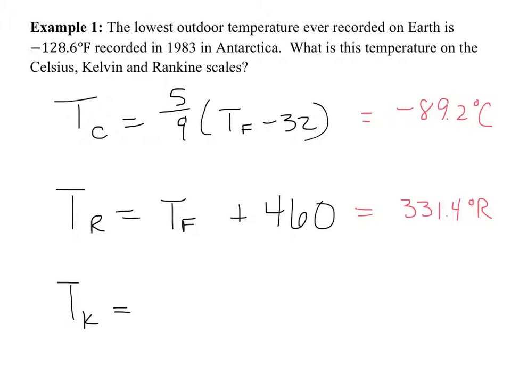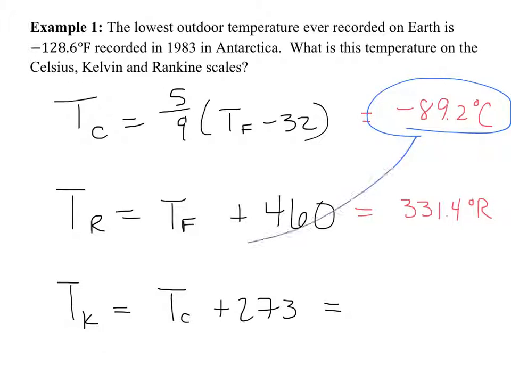How would I get the Kelvin scale? Celsius plus 273. Use the Celsius answer you got, plus 273. 183.7, or 0.8. Okay, so we're not even really close to absolute zero still. We're really still pretty far away. And that's the coldest temperature ever recorded on Earth. Whoa. Negative 128. All right. Take a look at the next slide so you can see what the homework